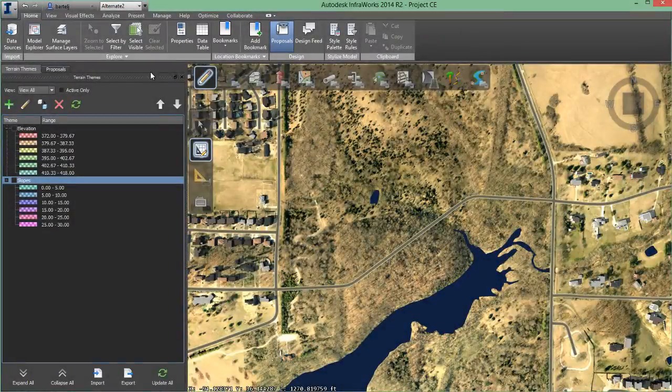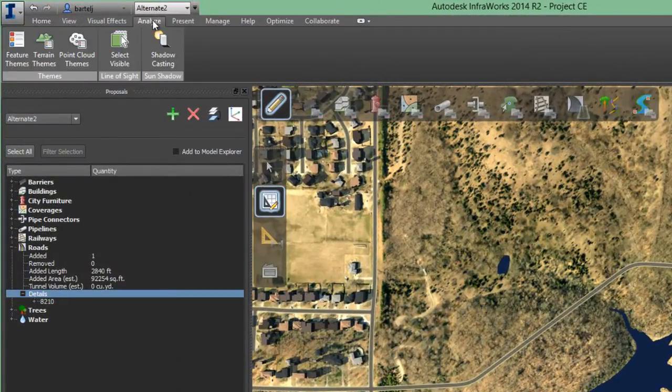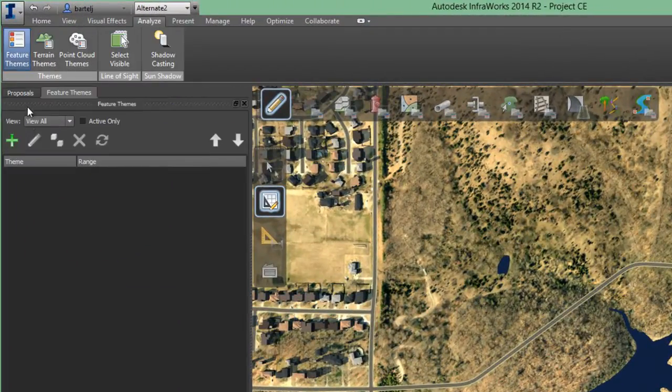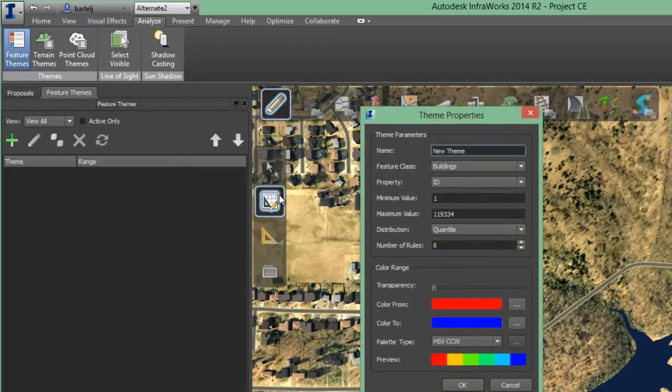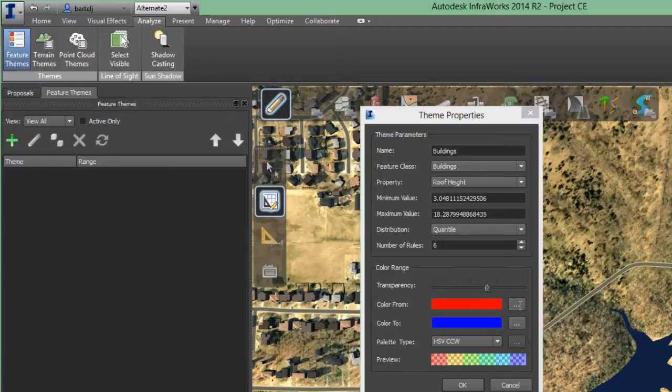Now, when it comes to themes, we can also colorize values within our model. We will do this by creating a feature theme. Once again, we click the green plus and then establish our values. In this case, I will theme my buildings based on a building height. Like my slopes, I will color shorter buildings with green and graduate the color to red as the buildings get